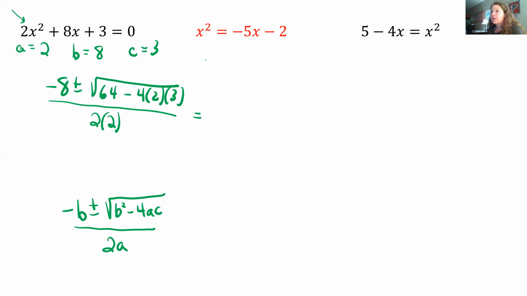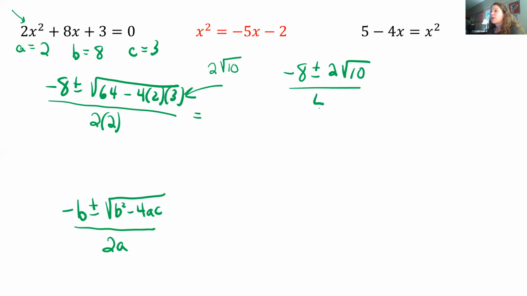All right, so I'm putting what's under the radical in my calculator. I get 64 minus 4 times 2 times 3, and I get 40. Well, I'm pretty sure I can simplify square root of 40 a little bit, and I got 2 square roots of 10. So my calculator told me that this right here is 2 square roots of 10. Okay, so I have -8 plus and minus 2 square roots of 10